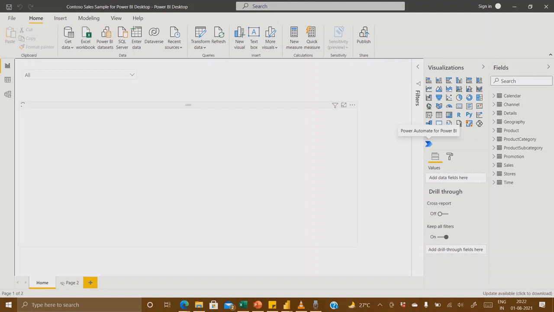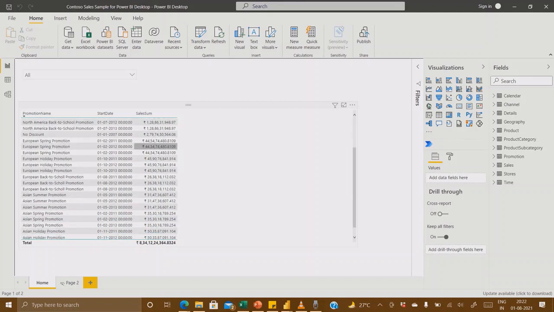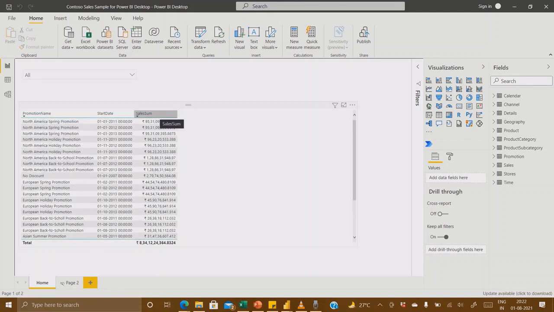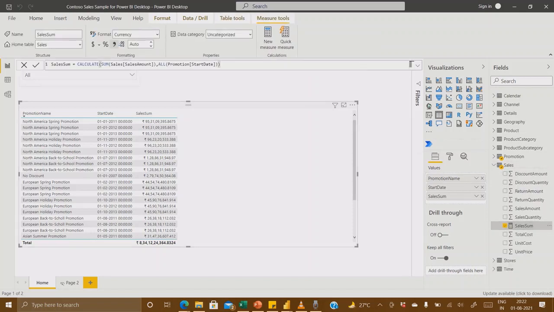Okay, so you can see now, right? We have the table which we were exploring last day. Here you can see we have this sales sum.